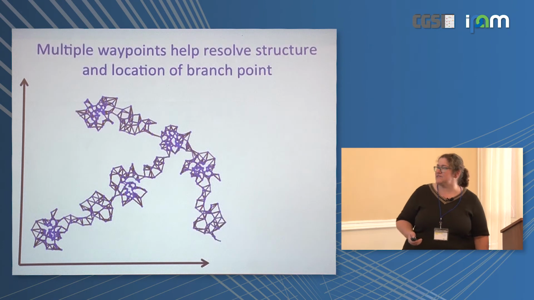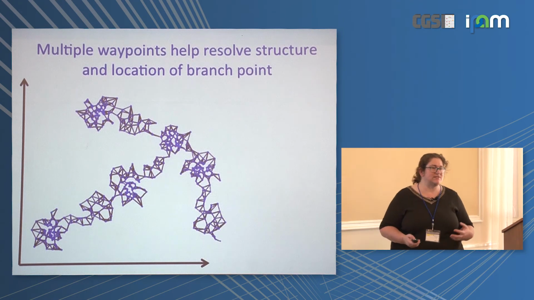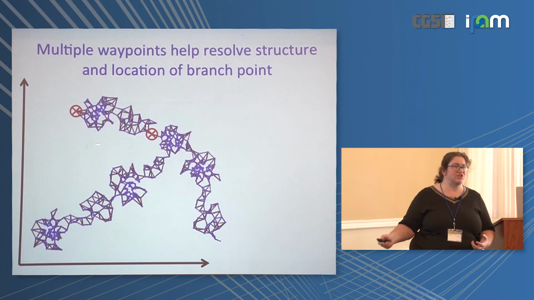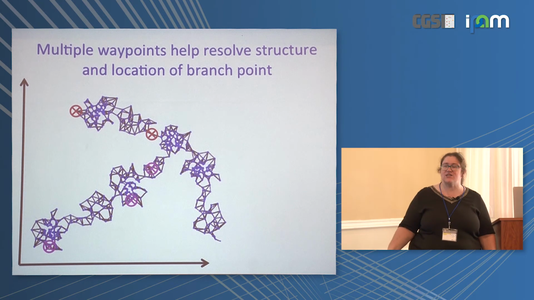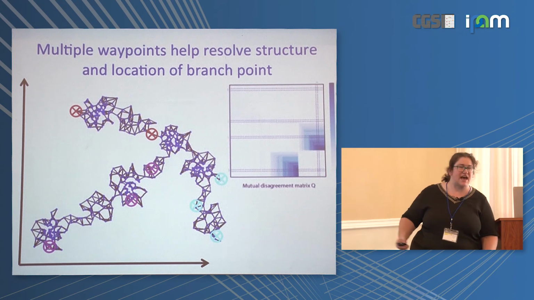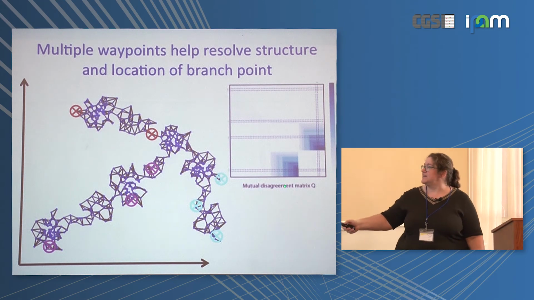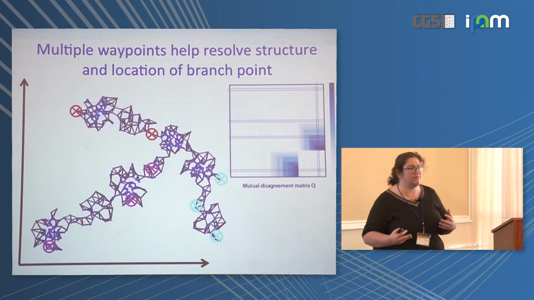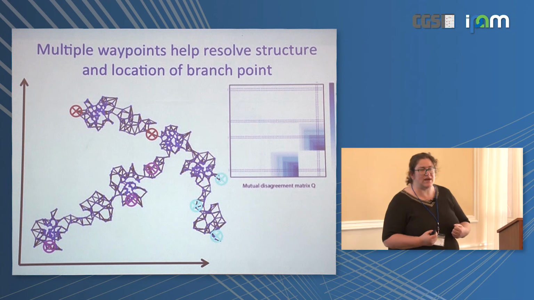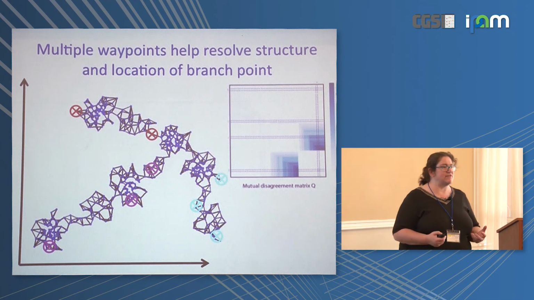And if we take lots of cells, we can see lots of disagreements, and these disagreements have structure. Things on the stem will all agree with each other. Things on one branch will agree among themselves, and disagree with things in the other branches, and this actually gives you these very clear structures. So the actual disagreement matrix, the disagreement between waypoints, actually finds the bifurcating structure of